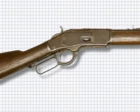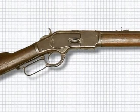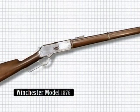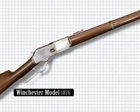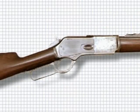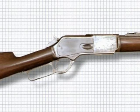Chambered with a center-fire pistol cartridge, .44-40 and other pistol calibers, it wasn't until the 1876 Centenary model that it was chambered for a full-powered rifle cartridge. Many more models of the popular Winchester lever-action